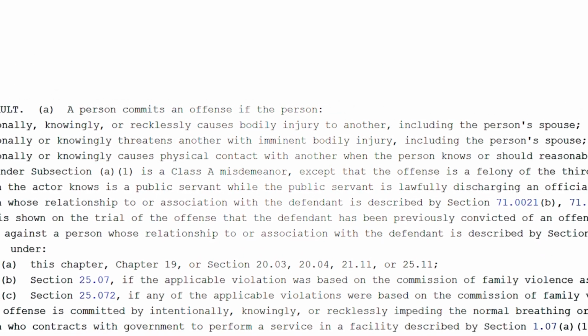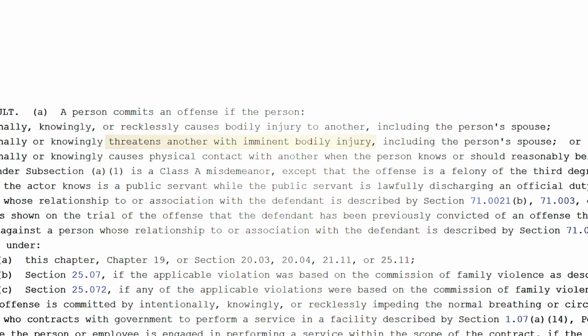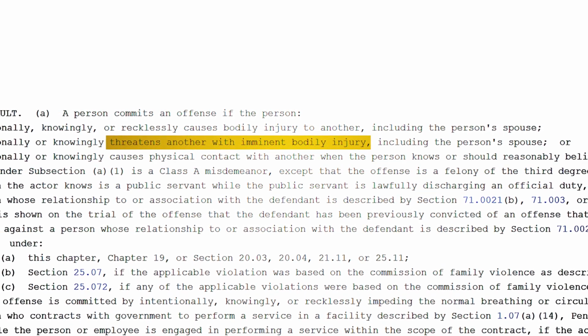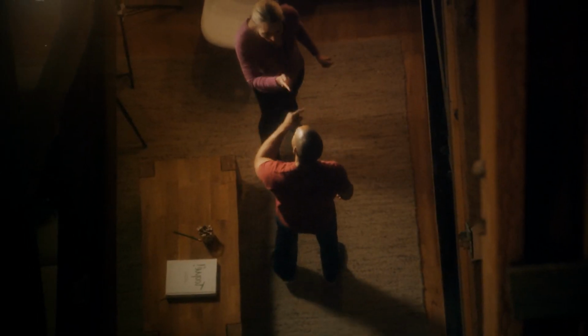And the threshold requirements are either the contact was offensive or provocative, we call that assault by contact, or the assault was by a threat. And here it specifically has to be a threat of imminent bodily injury. So it's not, hey, I'm going to come beat you up next week. It's, hey, I'm about to kick your butt, would potentially be an assault by threat because it's happening right now. The threat is they would do that in the moment, not sometime in the future. And it is a threat of bodily injury as opposed to some vague or generalized threat.